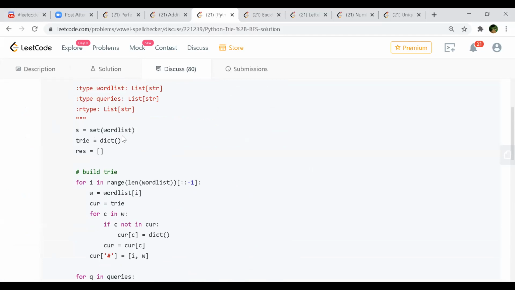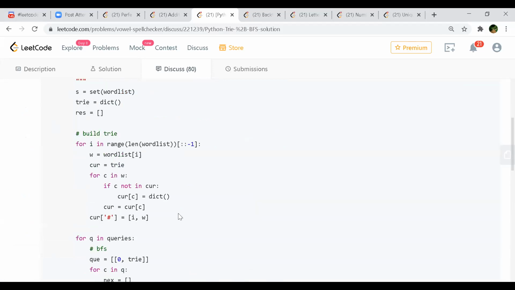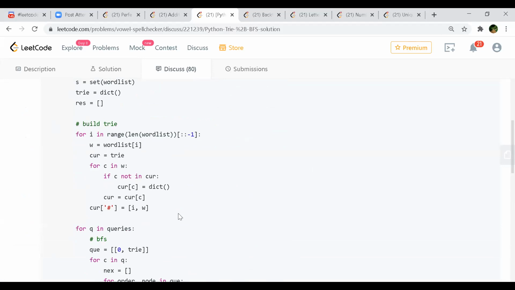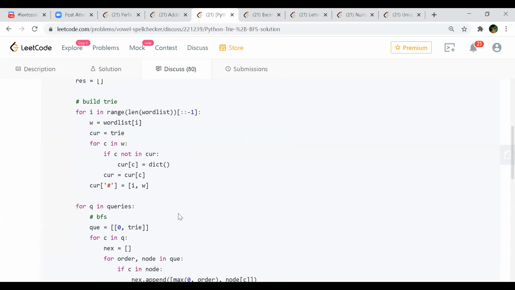Again, they are creating a set, and they are defining the trie using a dict, and then they are reversing each of the words in your word list. And then for every character in your word that is not in the trie, this is just building a trie. And then you go to the queries, like masking only, right?